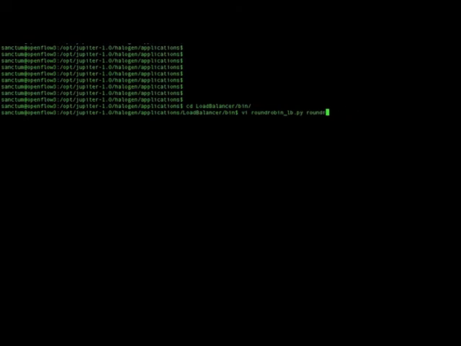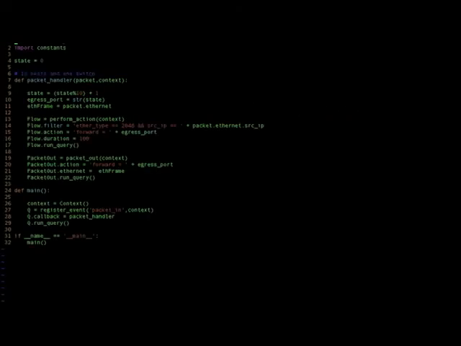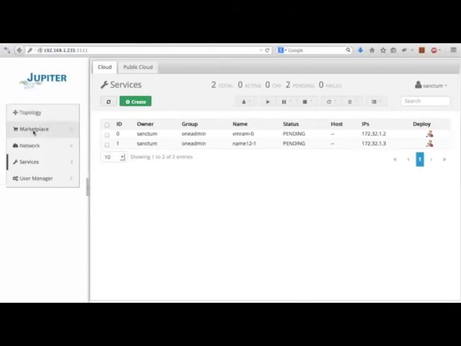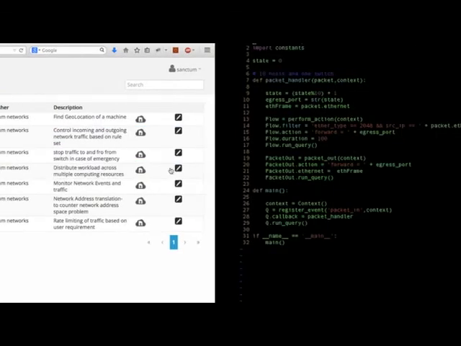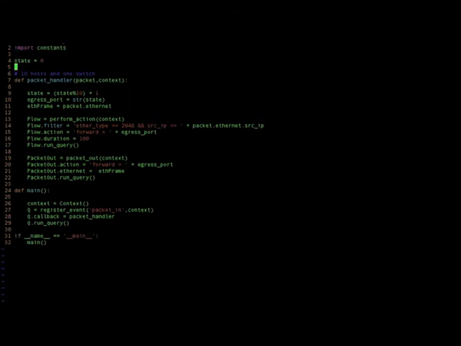I want to show you how a developer can write an SDN application using our network programming language, taking a round-robin fashion load balancer as an example. In the main function at start, it establishes a context for communication between Jupyter and the application and then registers a callback function for the packet-in event.